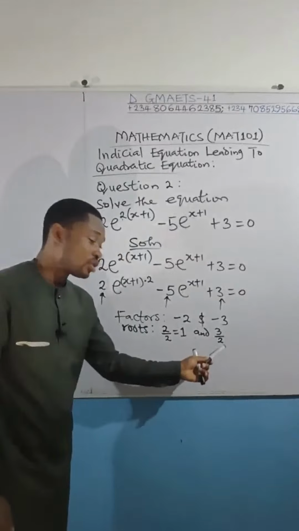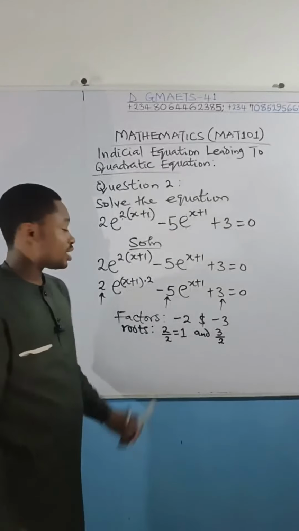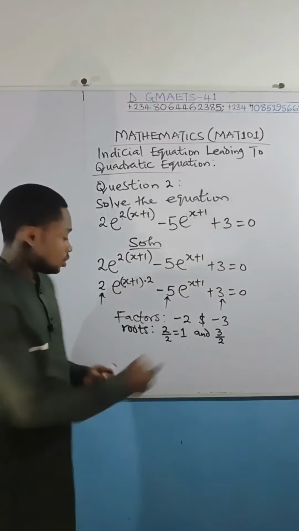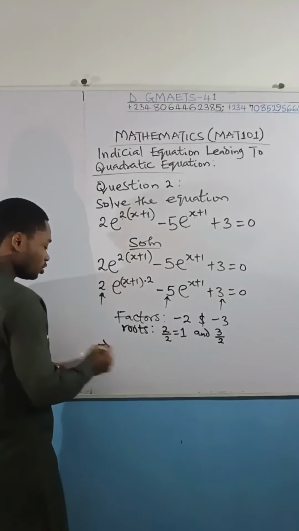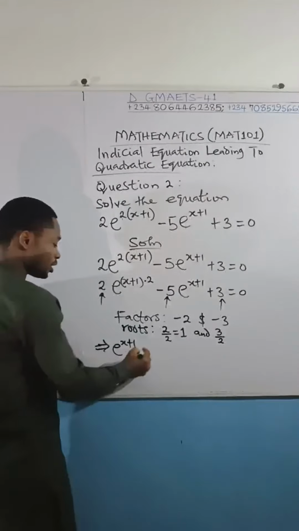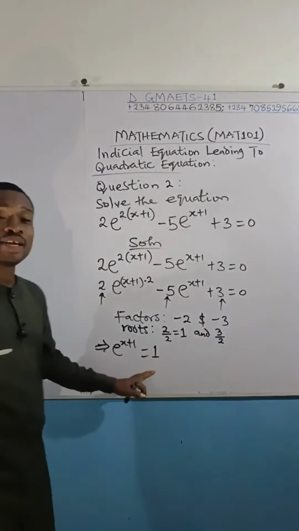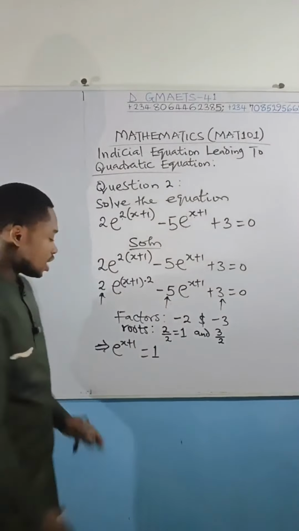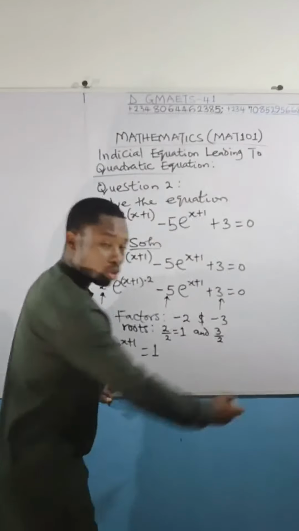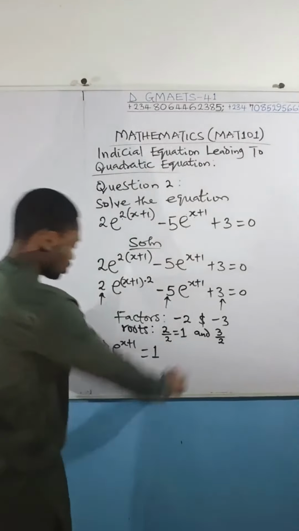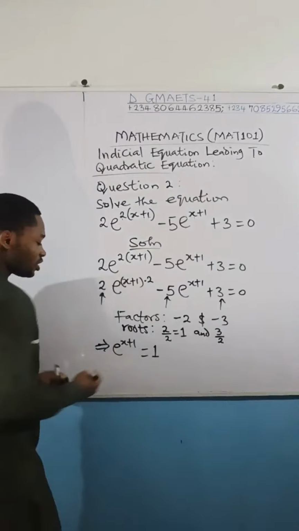1 and 3 over 2. They are the solutions of e^(x+1), which means that the unknown term e^(x+1) is equal to 1. You solve and obtain the value of x here. Let's solve for it. After that, we do the other one. Does that make sense? Okay, so solving for this,